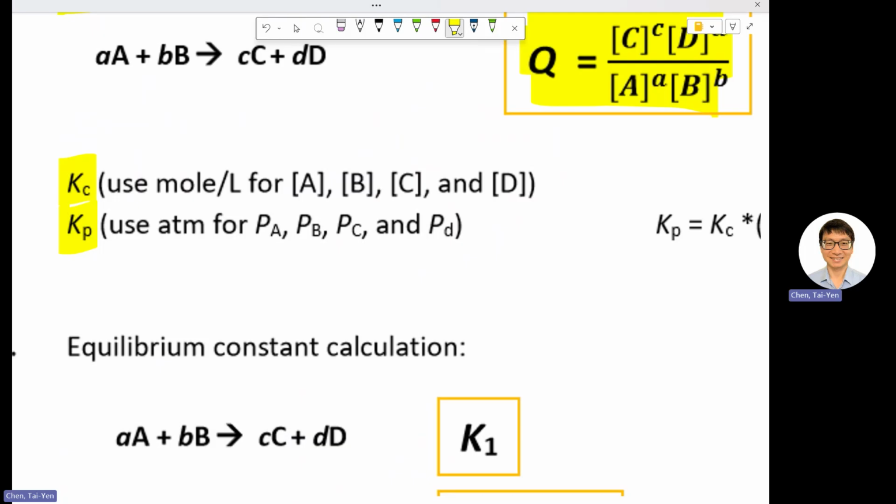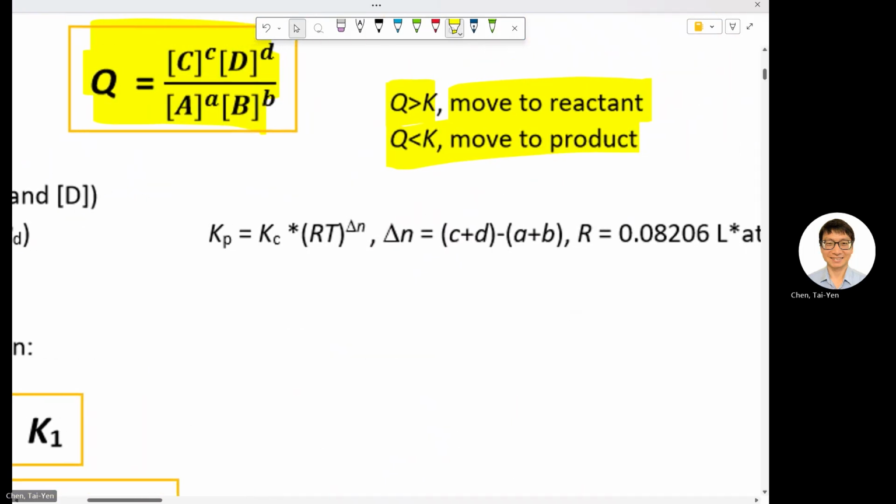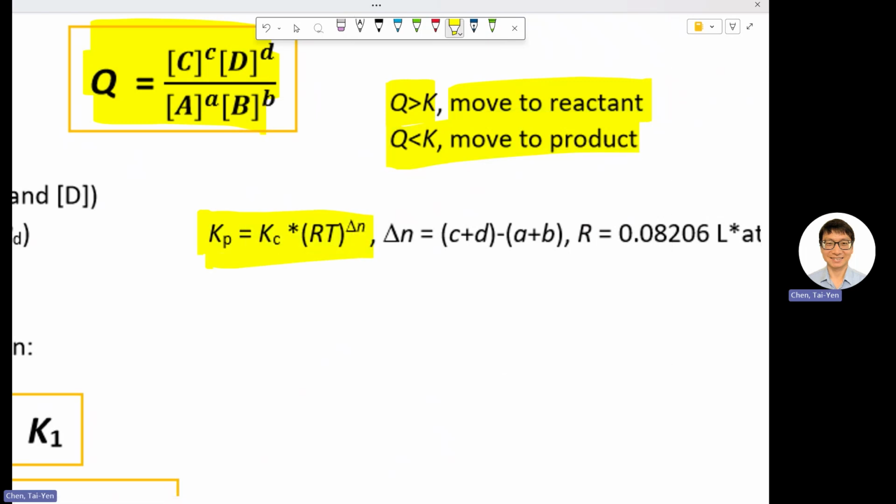Then you can define the K as Kc or Kp. But both of them are equilibrium constants, just calculated with different units. One thing that you should know is that these two are convertible, because you can assume that the gas you have follows the ideal gas law, right? PV equals nRT. Therefore, your P and the molarity can be converted from one to the other